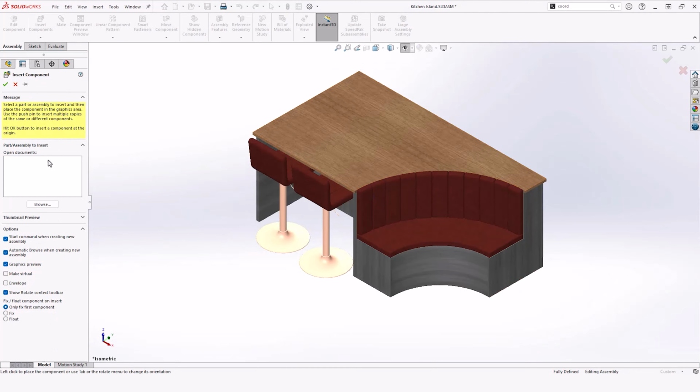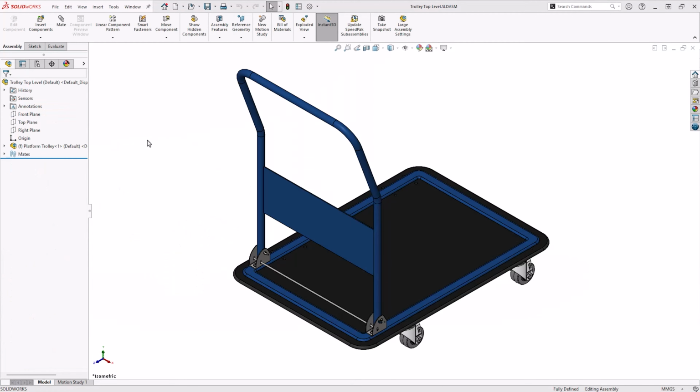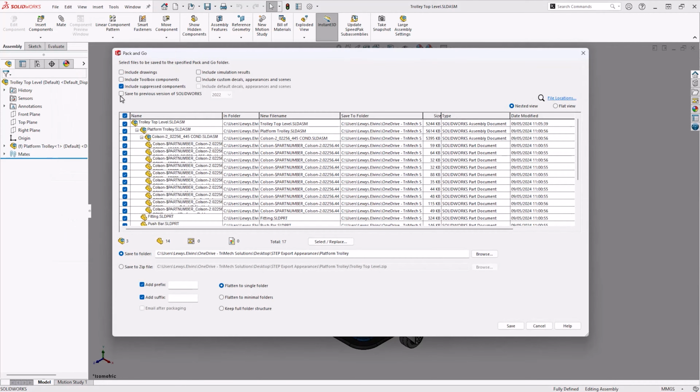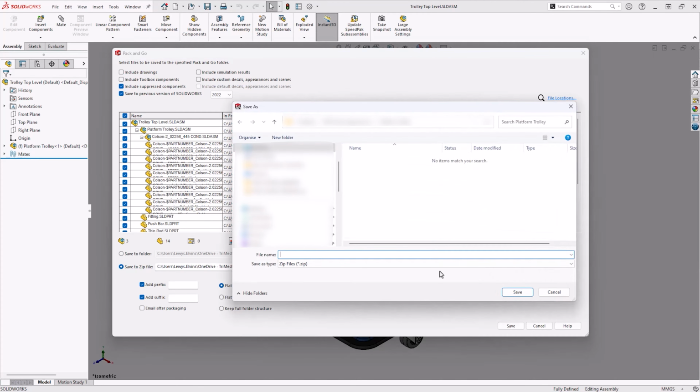Rather than choosing a file type only to find out that our recipient cannot open the file, ask which software they are using first. If the file will be opened in SOLIDWORKS, do we even need to export the file? New to SOLIDWORKS 2024, you can now backsave files to 2022 or 2023 version. The Pack and Go functionality can also be used to send large assemblies or drawings while retaining their references.